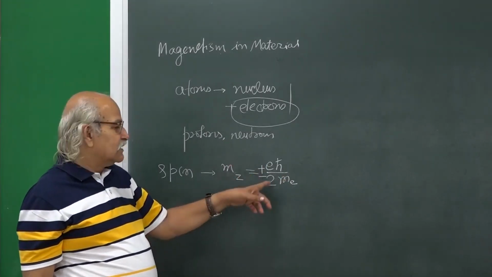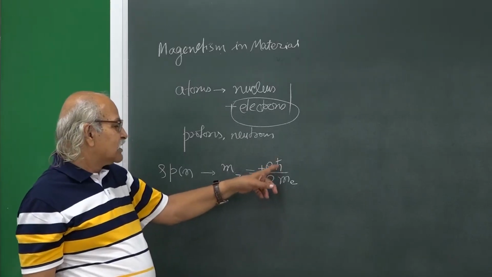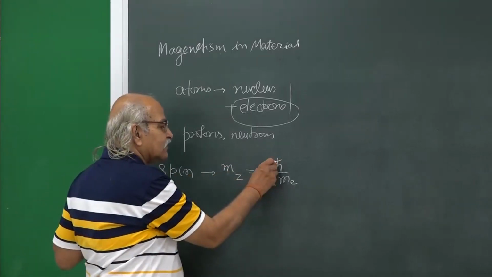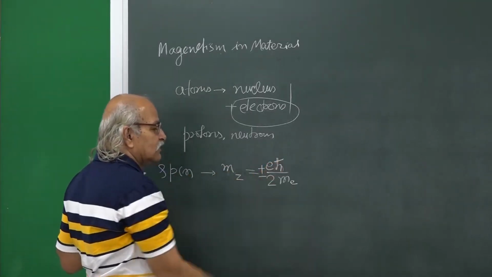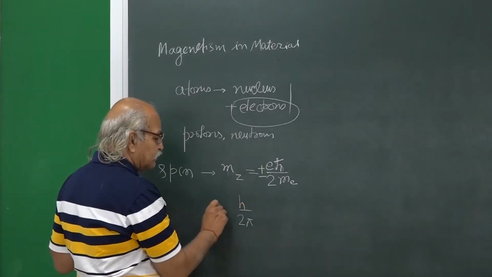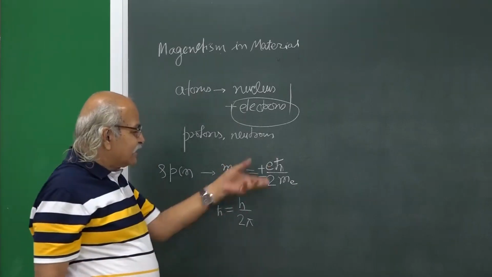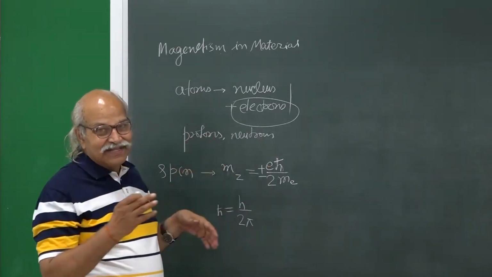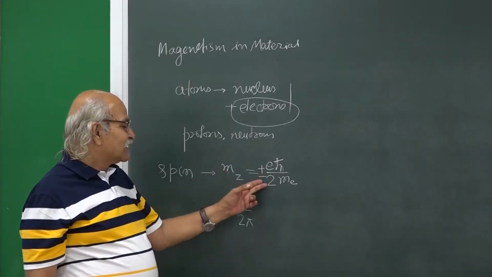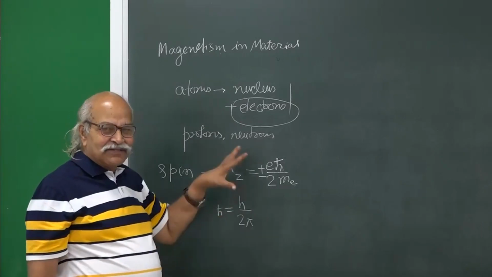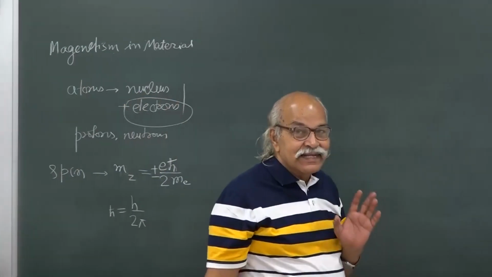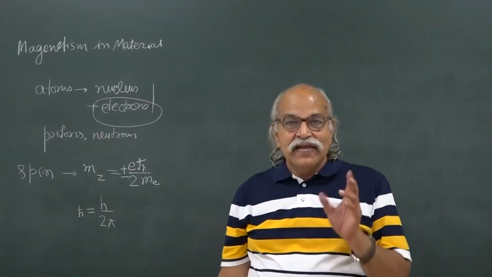Now, you can see that this is Planck's constant divided by 2 pi. This h-bar, this line is called cross, this line h and then cross. So, this h-bar is written for h by 2 pi and h is Planck's constant. So, you can understand that, okay, some quantum mechanics is coming in, then I say that the z component is either this or this, plus or minus, or quantized, all those things are there. Nevertheless, for us the important part is it contains a magnetic dipole moment. And on top of that,